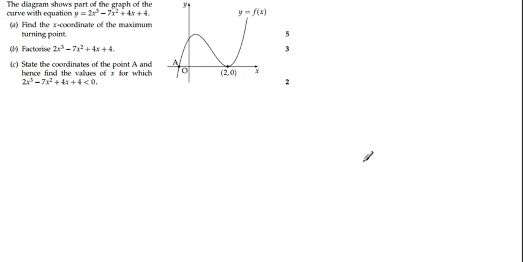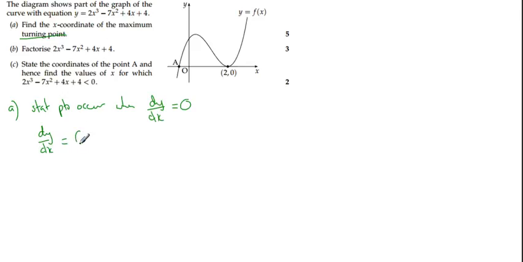Okay, question 7 now. The diagram shows part of the graph of the curve of the equation y equals blah blah blah blah. Find the x coordinate of the maximum turning point. As soon as we start talking about turning points, we know that turning points are stationary points. We're talking about the derivative, and more than that, when the derivative is equal to 0. So dy by dx, first of all here,